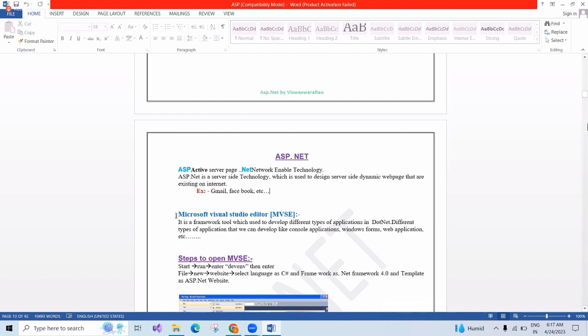Basically, for ASP.NET, we have an editor called Visual Studio. You are all aware of it, but still I want to introduce it again. Why? Because I'm treating this as a new course, and I'm explaining from zero for you guys. That's the reason I will teach each and every basic here. Once you get perfection in everything, then I will go with the programming. As I promised, you trusted me. Definitely I will not break your trust. You people should get so much idea on .NET and become perfect in terms of everything. Okay. So Microsoft Visual Studio Editor,